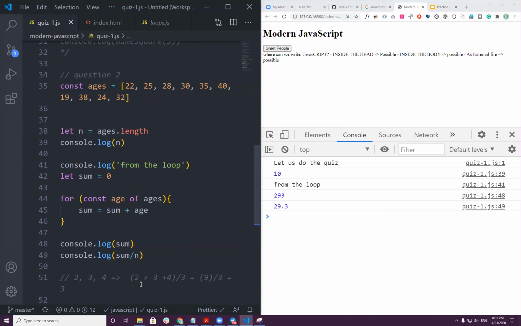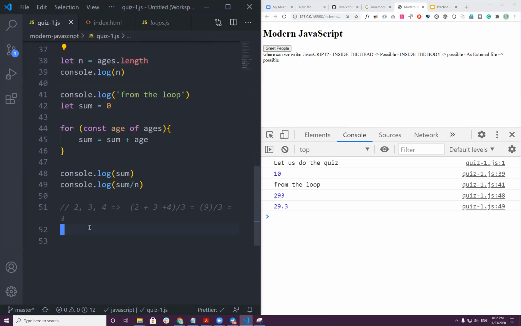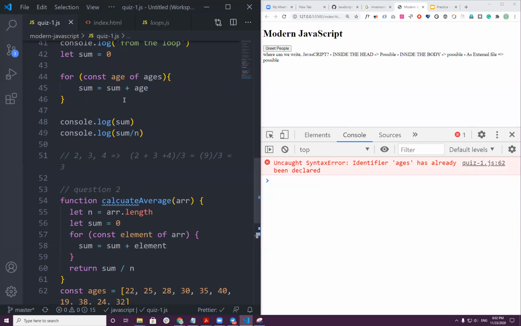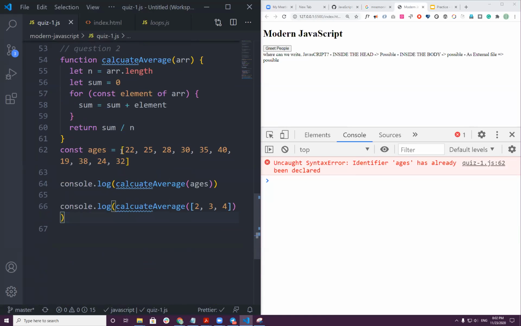So what we did is we have the array, we find the length, it's 10, then we loop through each item and we sum everything. The sum is 293 divided by 10, it gave us 29.3. So what we did, we changed everything we had there to a function.